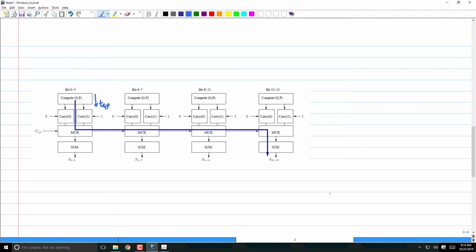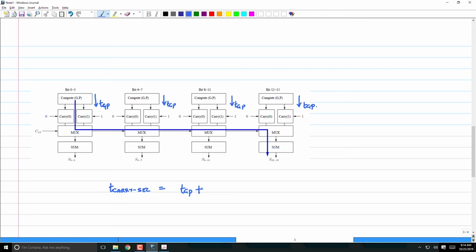So what is the critical path delay now? T select. Obviously, it has to take a time, TGP, of course, this is in parallel. Right? So this is TGP plus,